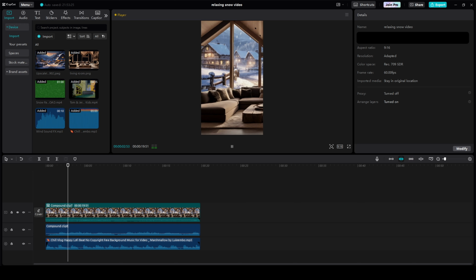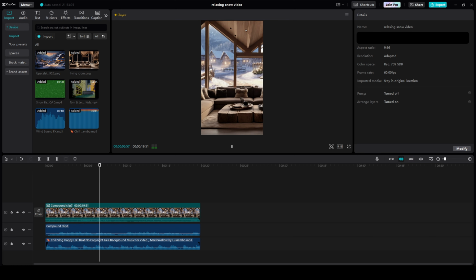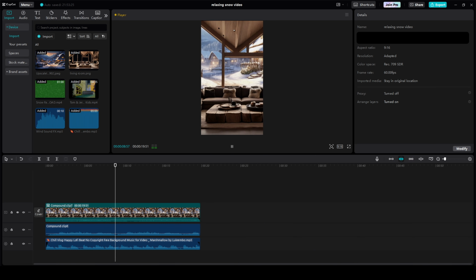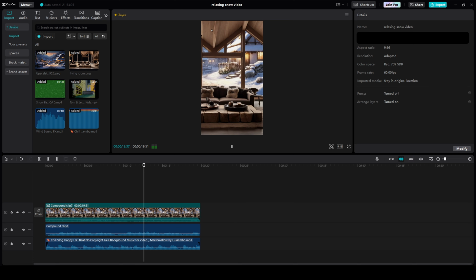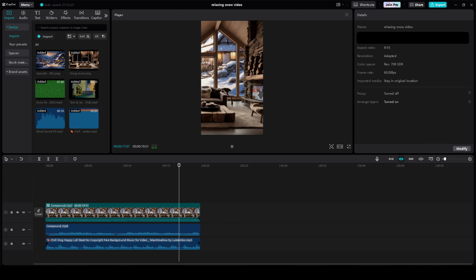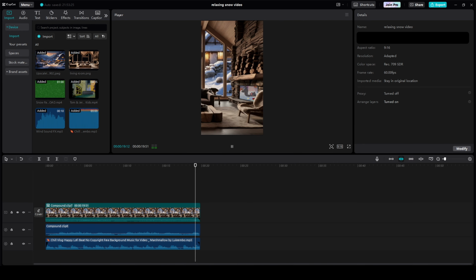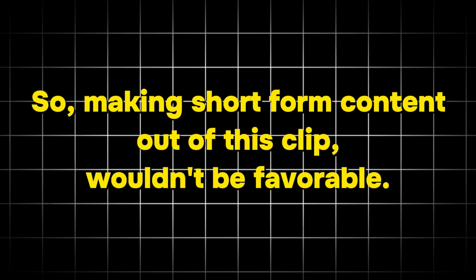Well, this is what I had warned you guys about in the beginning of this video while we generated our AI images. Basically, if you plan to create short-form content, the angle of the images matter a lot. You need to make sure that it's a zoomed-out angle that shows 80 to 90% of the entire living room, so that when we animate, it's not boring. The problem with this clip is that it's way too zoomed in,